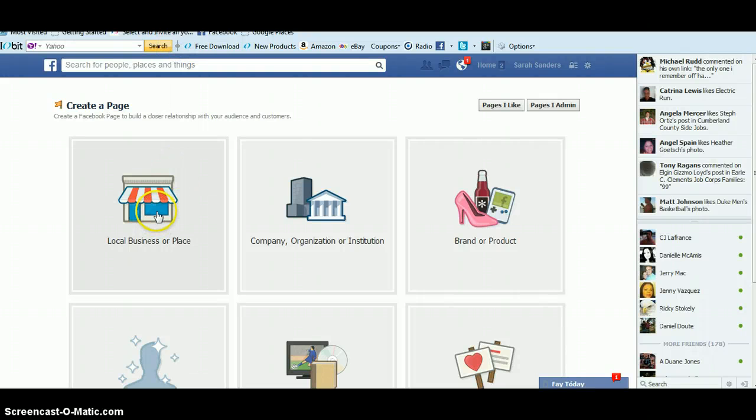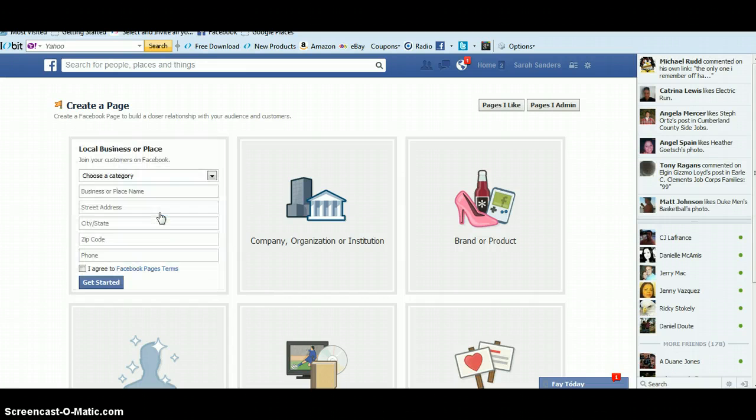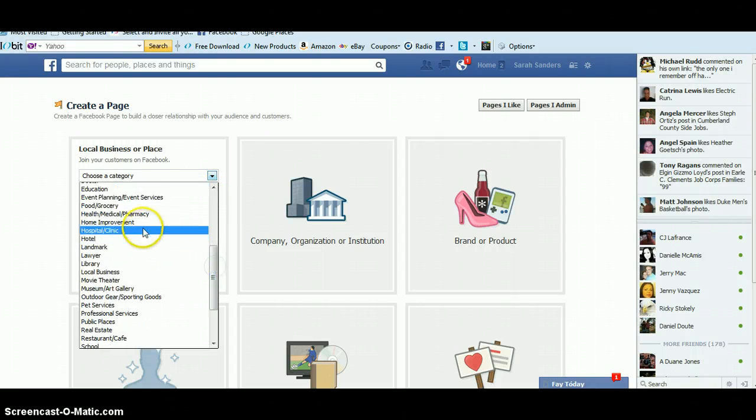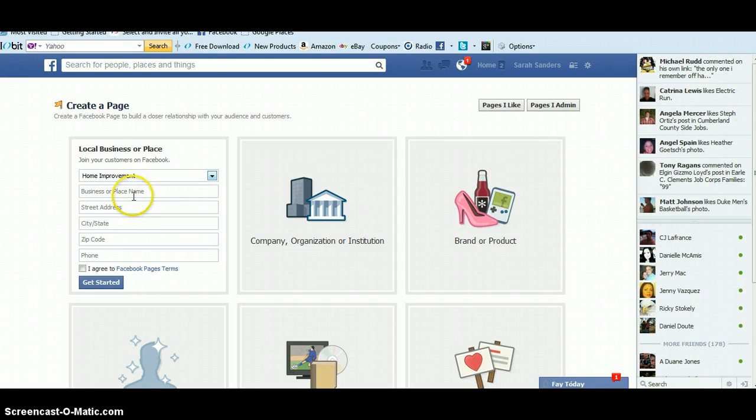There you're going to go to Local, Place, or Business. Make sure you choose that even though you see the others. You're going to choose a category, which would be based on whatever category you want. Home improvement, probably. It'll ask you all of these questions. Creating a fan page is a lot trickier than just following this stuff. The best advice I can give you is to enter every single block that you possibly can. That'll help you the most, okay?